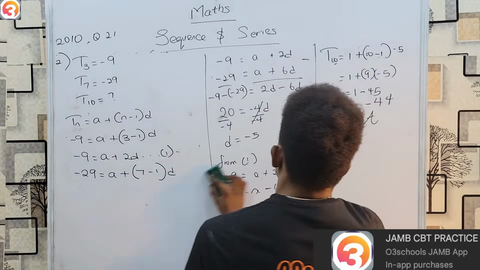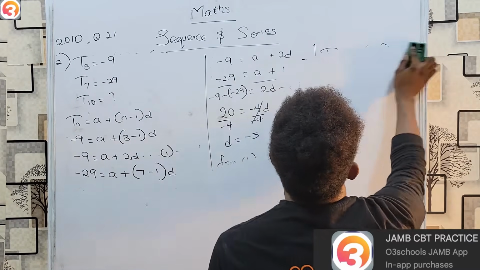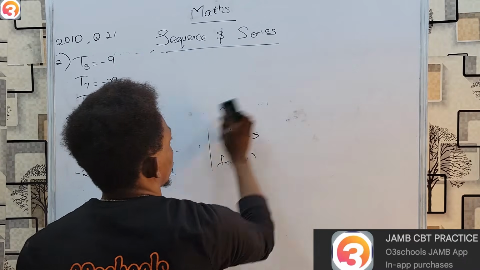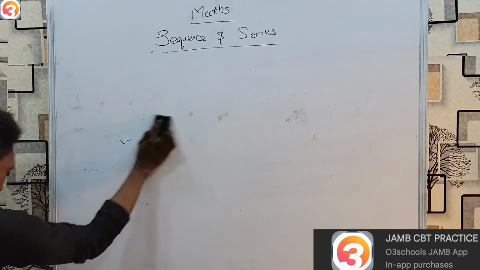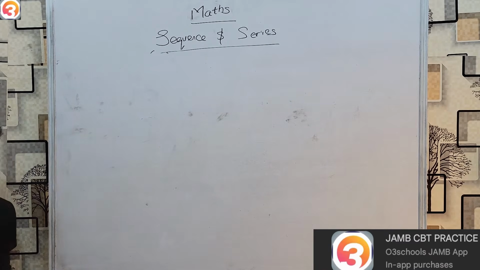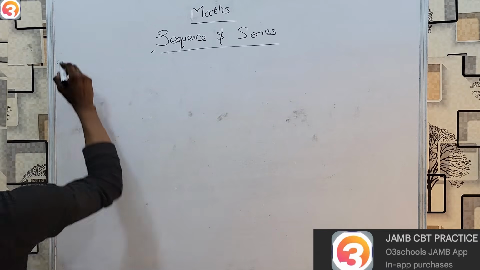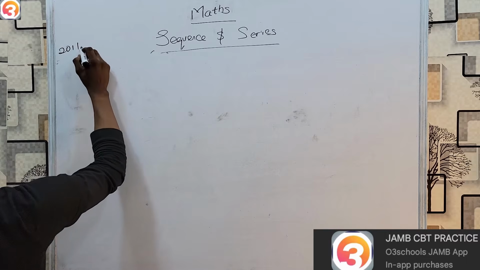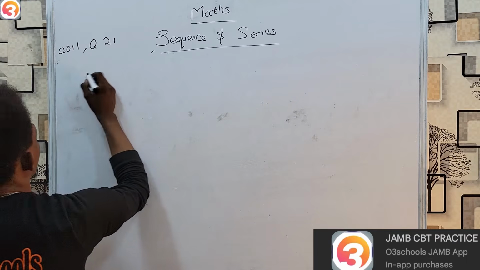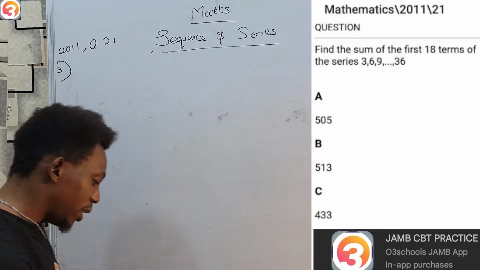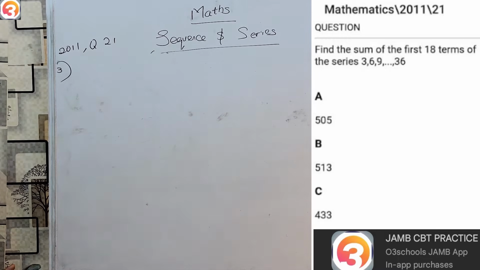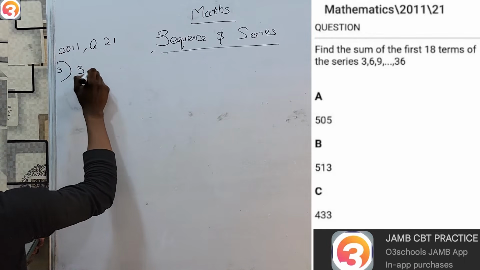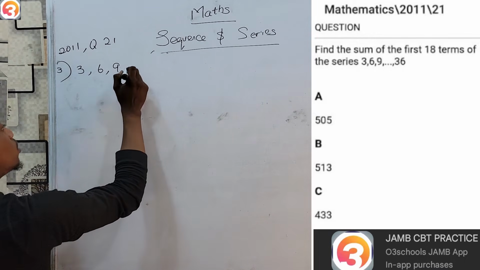Okay, so let's go take a look at our next question. Our next question is brought to us all the way from the year 2011. This is 2011. And I think it's the same question number as the last question, 21. This one says, find the sum of the first 18 terms of the series. And the series is 3, 6, 9,